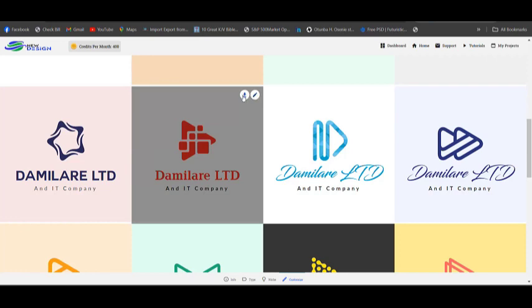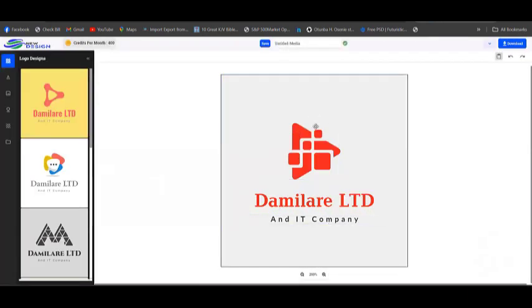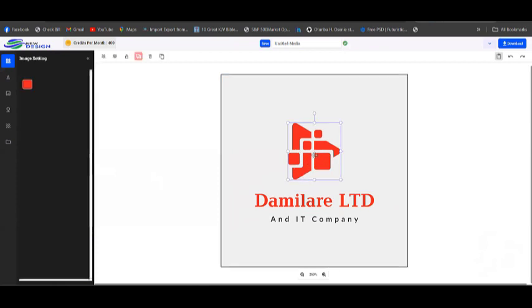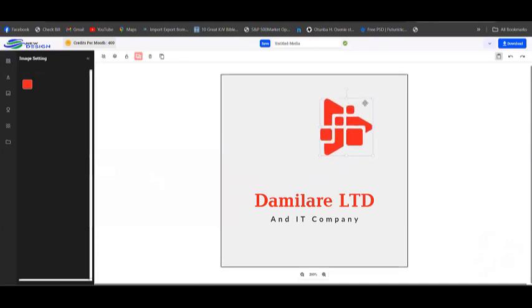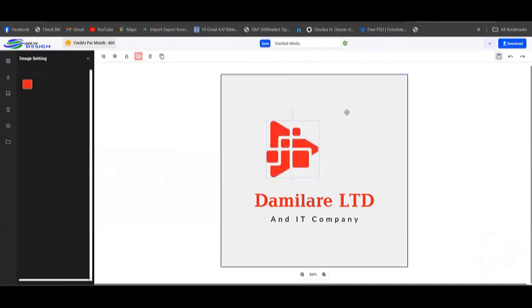So you click on this edit. If you want to change the logo now, to start customizing your company logo, you can click on the logo and you can move it around. It's movable, just like Photoshop. You can move it around and place it anywhere, and it will show you a line when you are in the center. So you can see what you want, center and see.